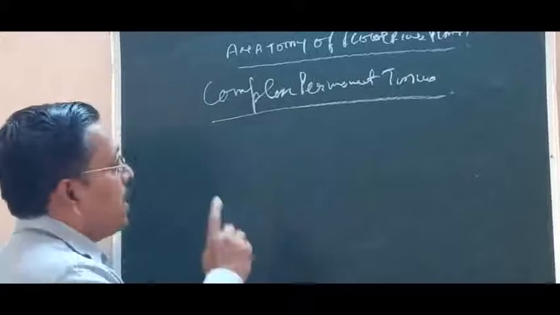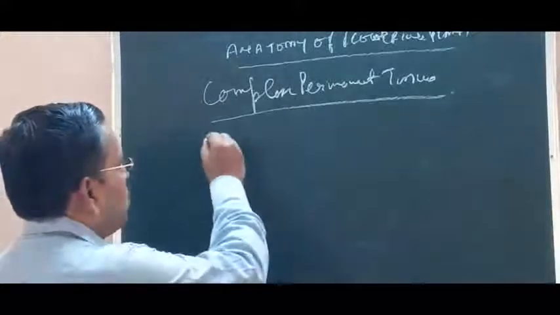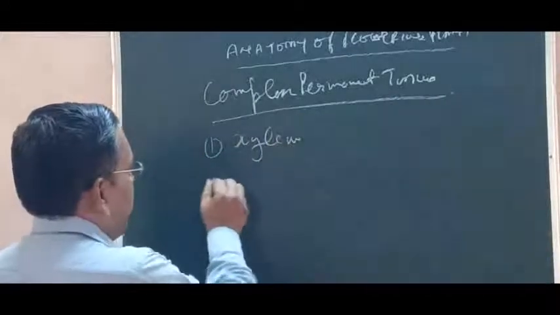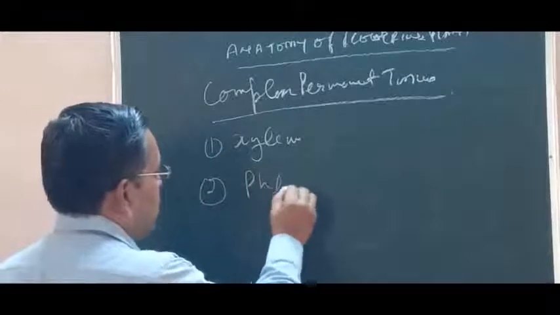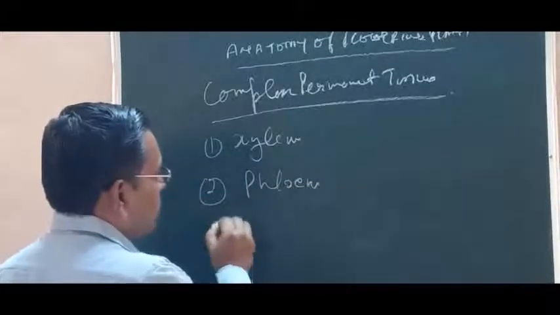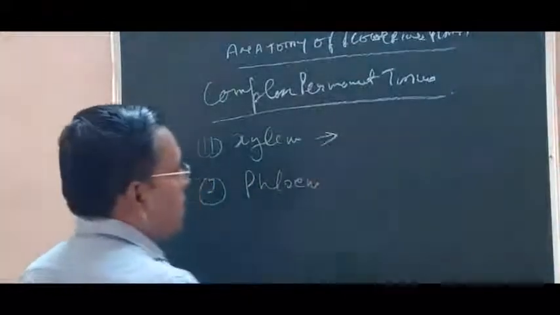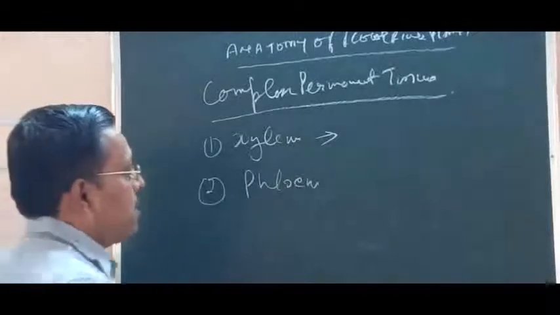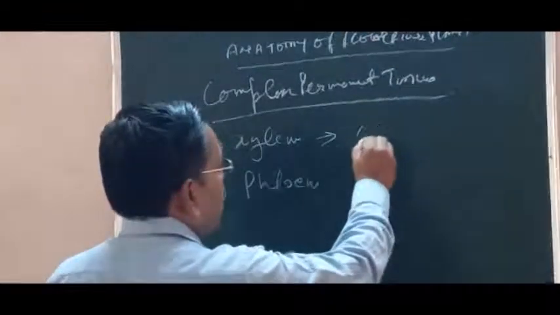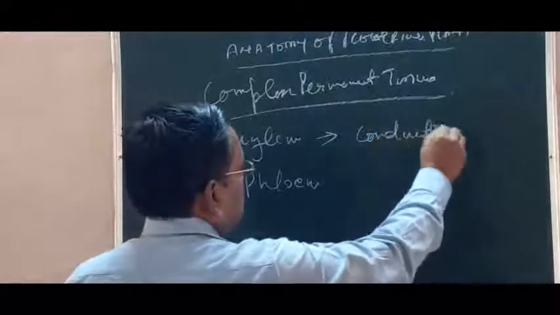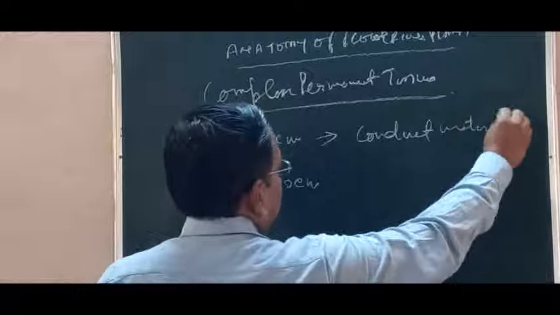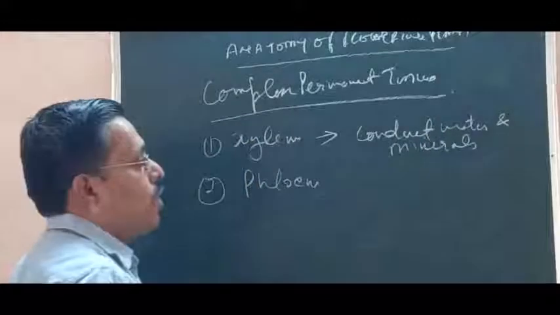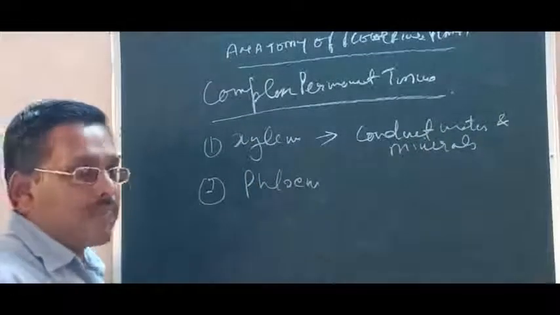So there are two types of complex permanent tissue. One is called xylem and the second complex permanent tissue is phloem. Xylem is a permanent tissue having more than one type of cell. The main function of xylem is to conduct water and minerals from the soil